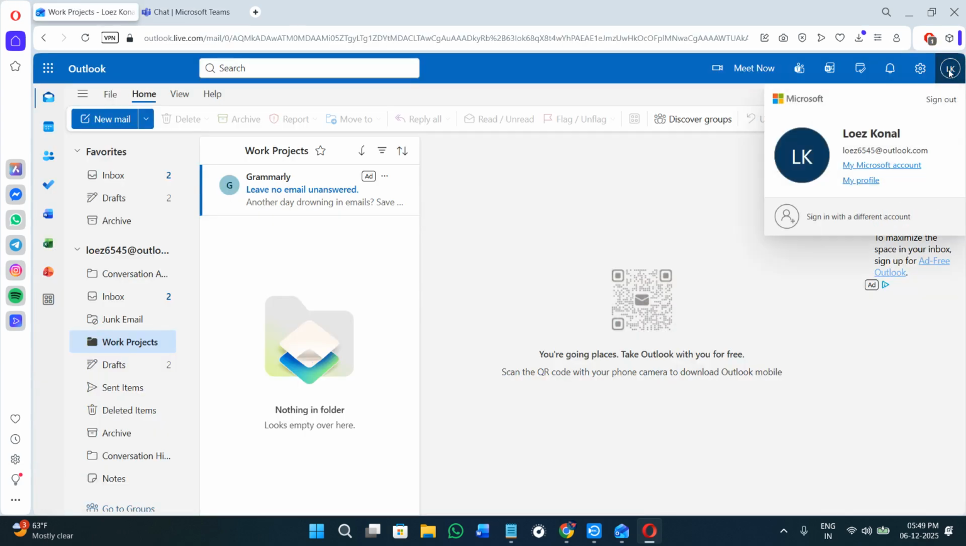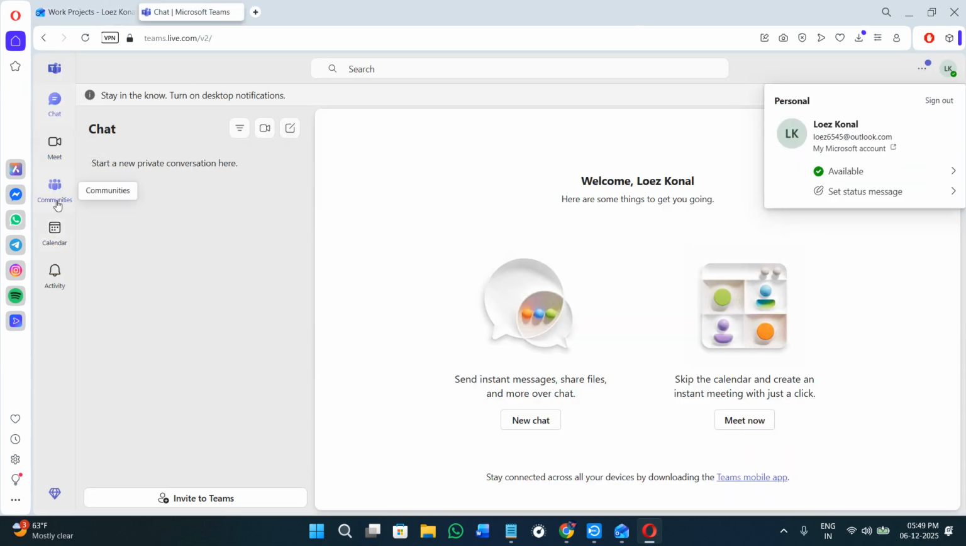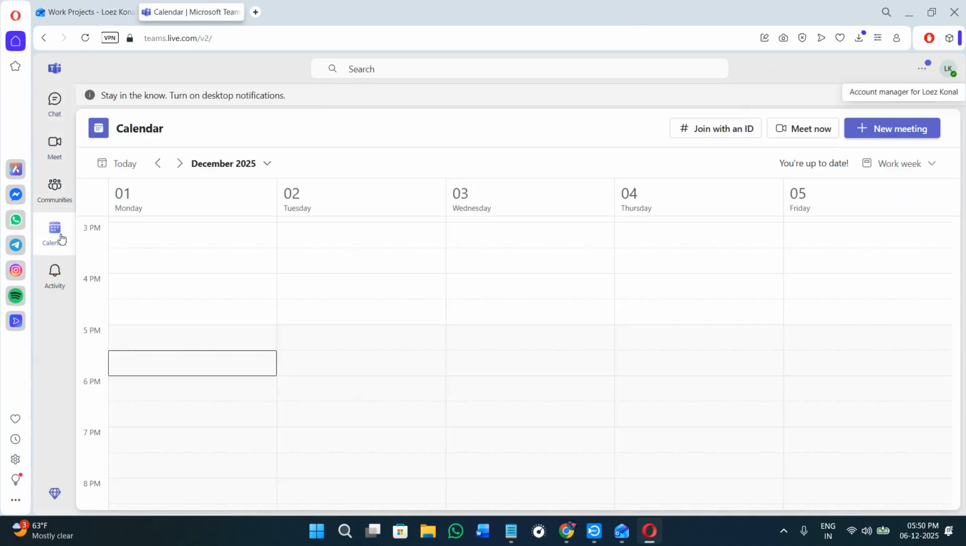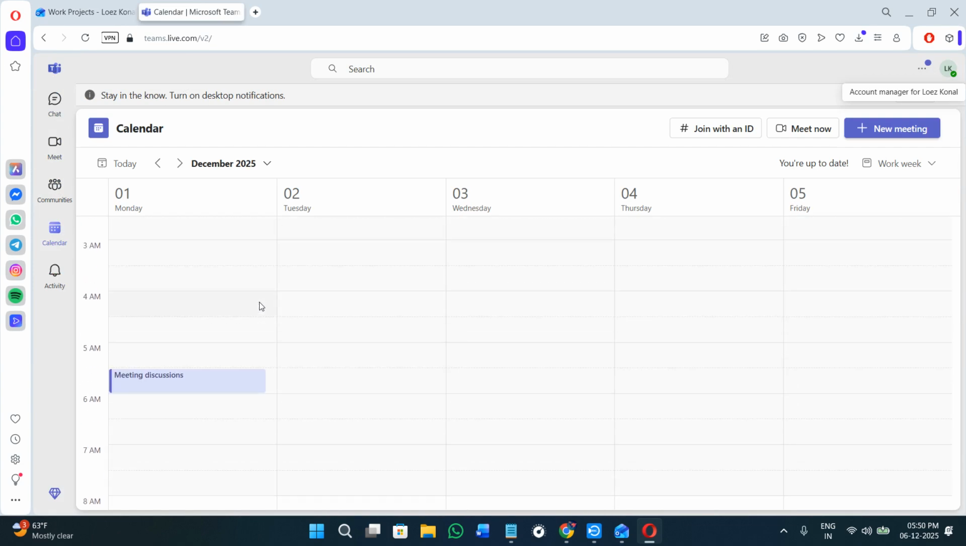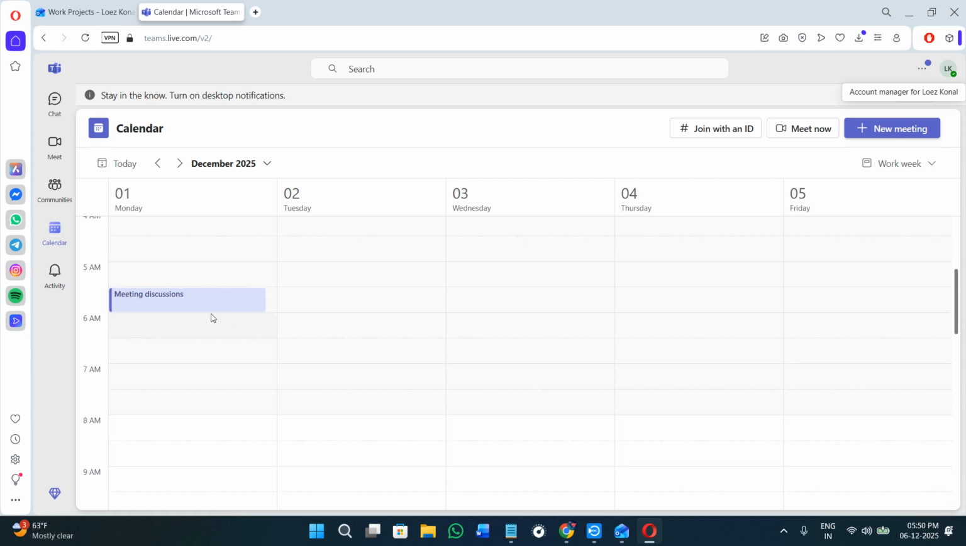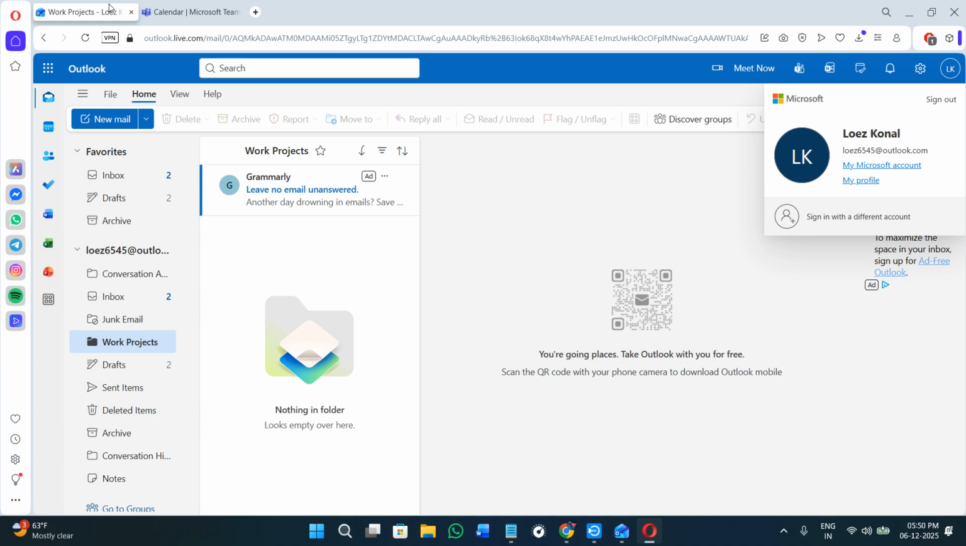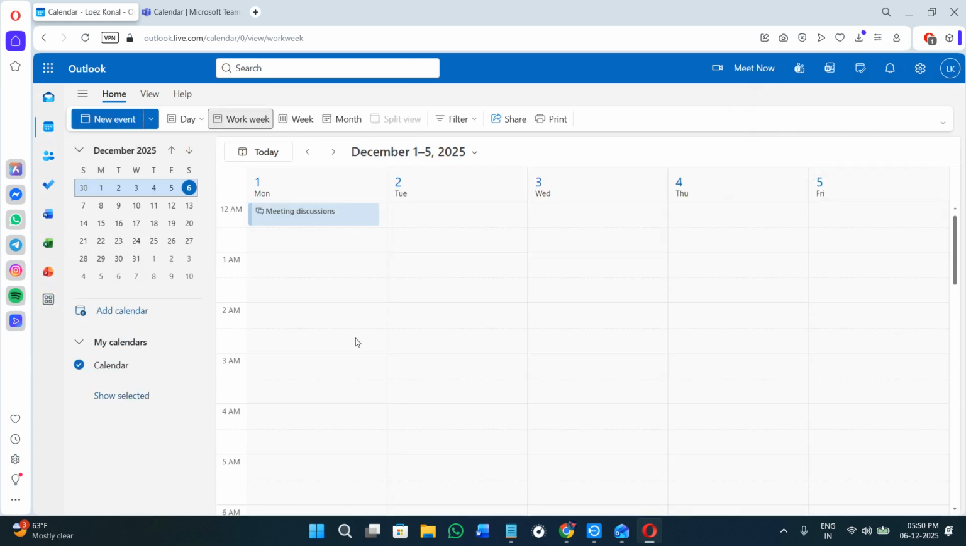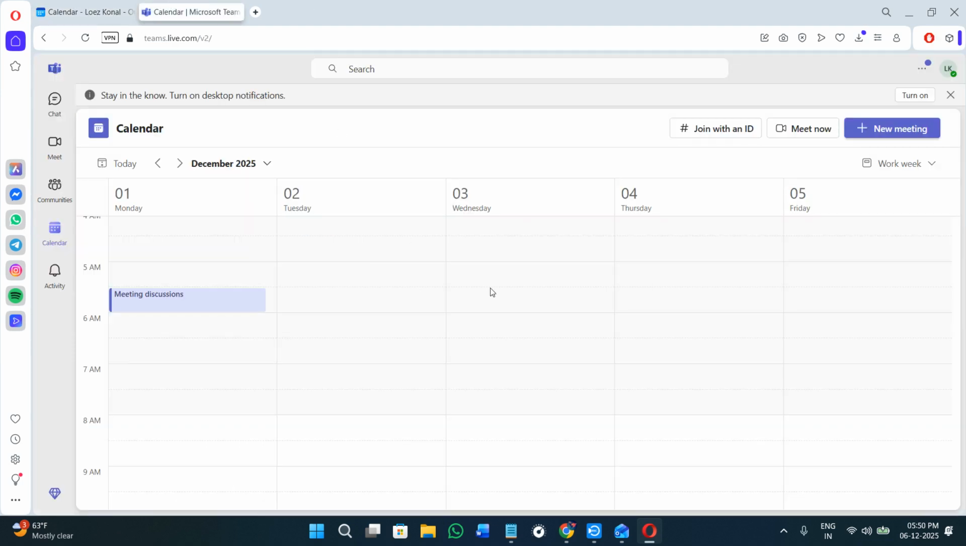You need to look at the navigation bar on the left side of the Teams window, and here simply click on the option of Calendars tab. So this is the view that you are going to see automatically, which is going to pull your data from Outlook. So if I go to the Outlook section, if I click on the option of calendar here, you will see that I have this particular meeting discussion available,